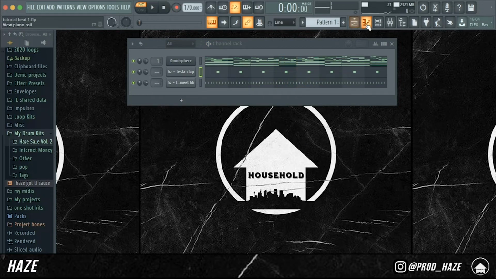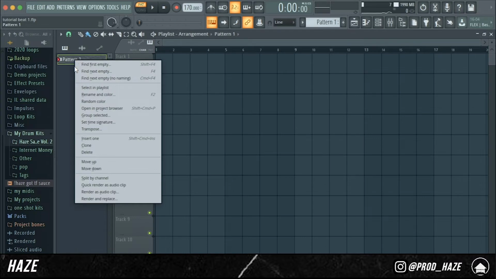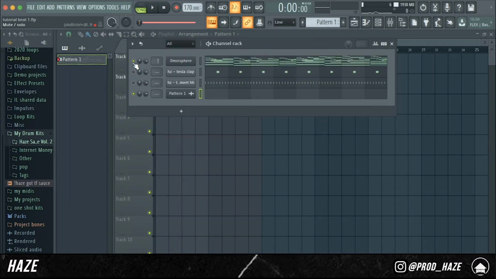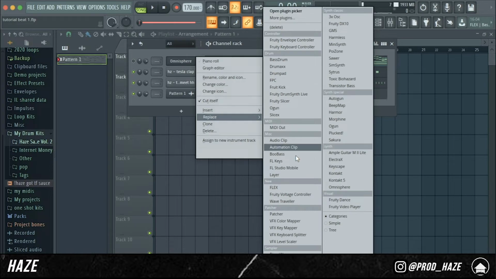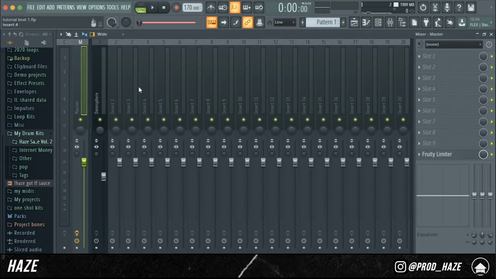You can hear how this is burning up my CPU right now to record while using Omnisphere, so I'm going to render this out to an audio file. Can mute that so 2 pianos don't play, but then you play this. I'm just going to put this into a sampler so it keeps the MIDI pattern, but it's not using up CPU. And then I'm going to put pattern 1